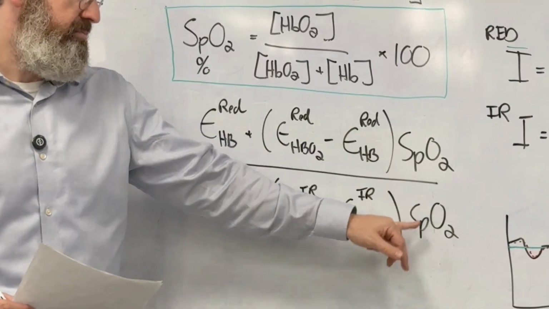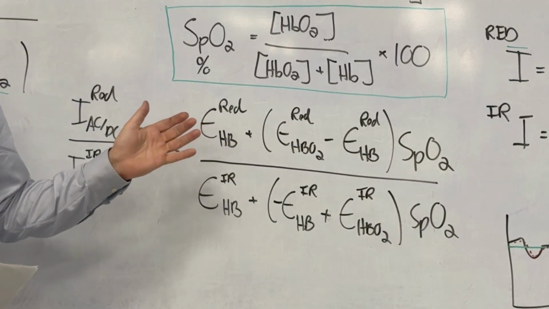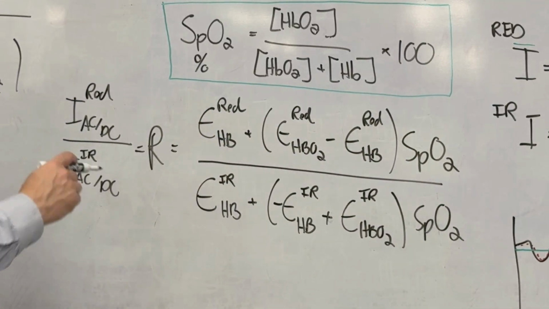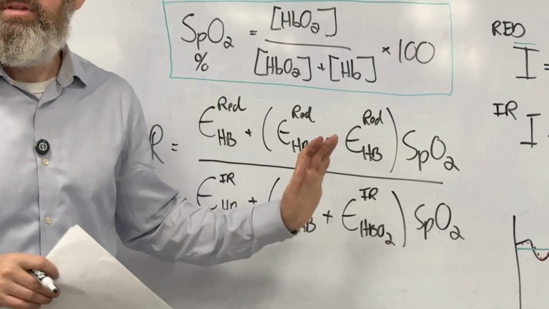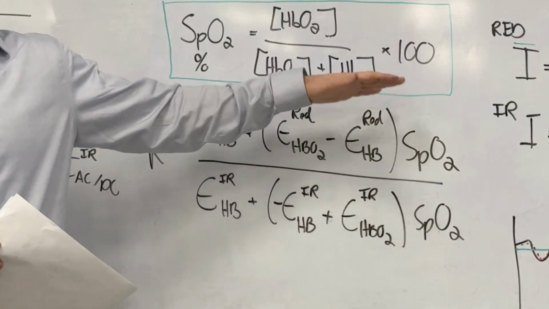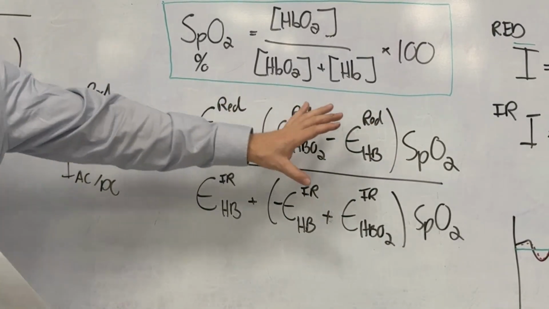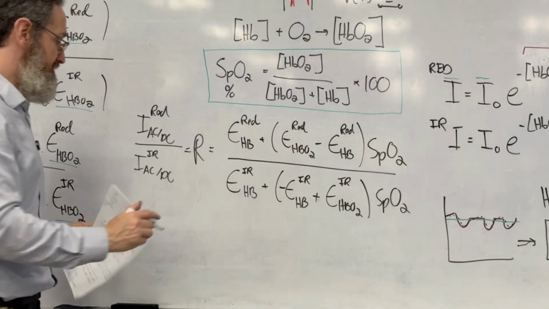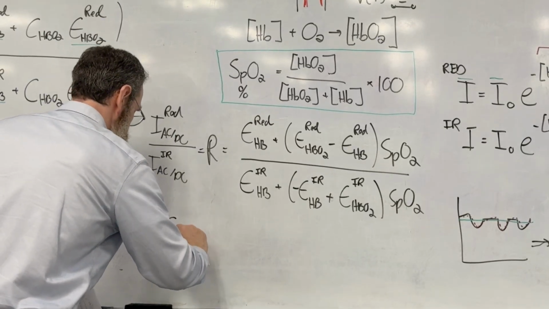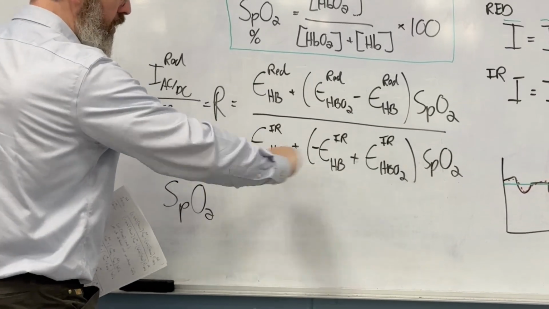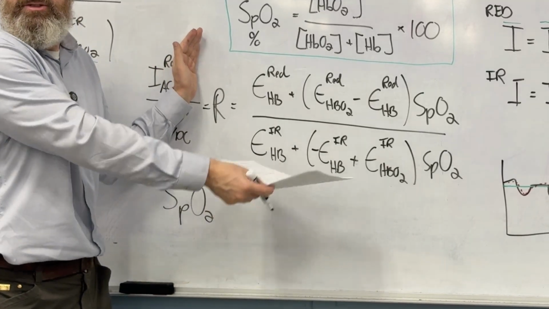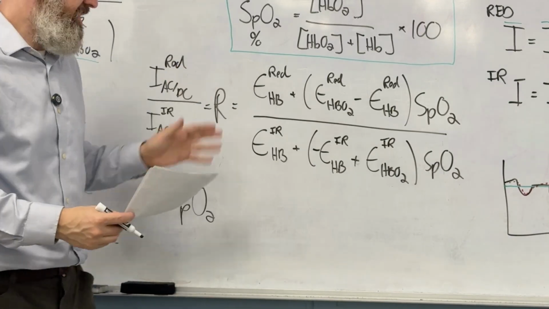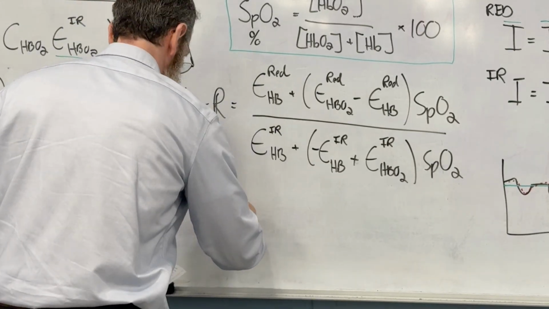Good thing, by the way, the SpO2 doesn't fully cancel out, right? Or we wouldn't have it. And it turns out, and you'll see different versions of this, the E's might be swapped and this is a negative, but they're all going to be the same. It's always going to be the same terms. And then you can actually say that if you were to solve this for SpO2, because we have here an equation, let's rearrange all the terms so we get SpO2 is equal to,